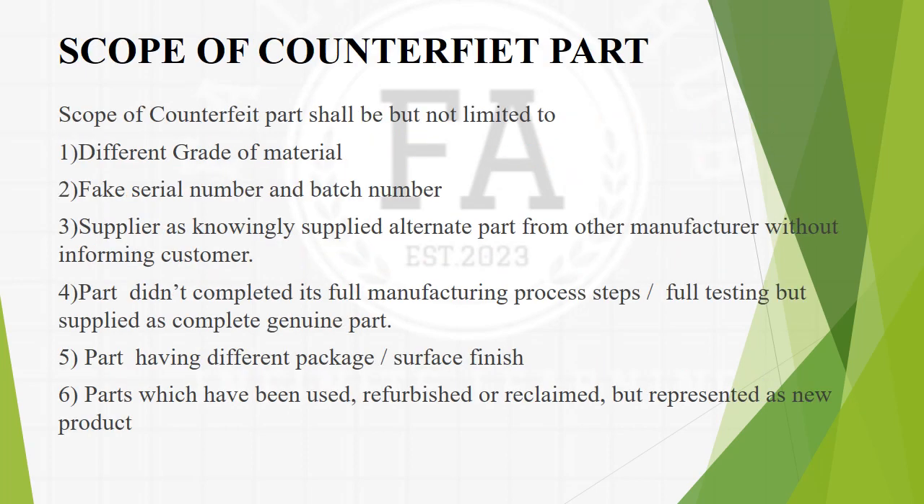Scope of a counterfeit part: the following criteria, but not limited to these, may be considered as indicating that a part is counterfeit. First one, different grade of material. If I order one grade of aluminum alloy, say 6061 as per my purchase order, but I am getting AA 5052 or some other grade